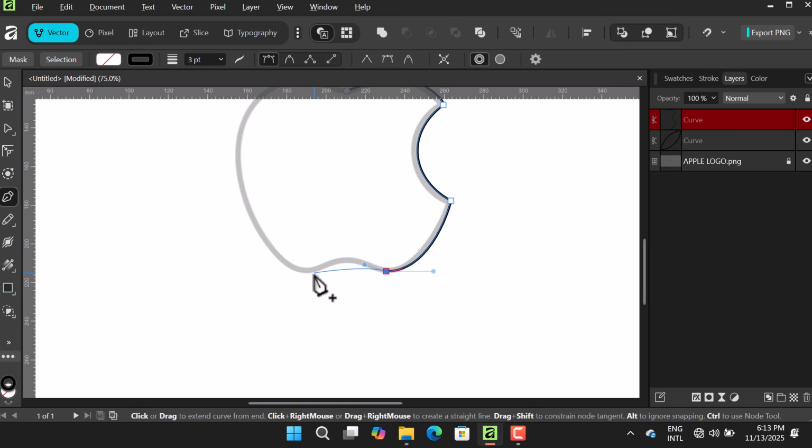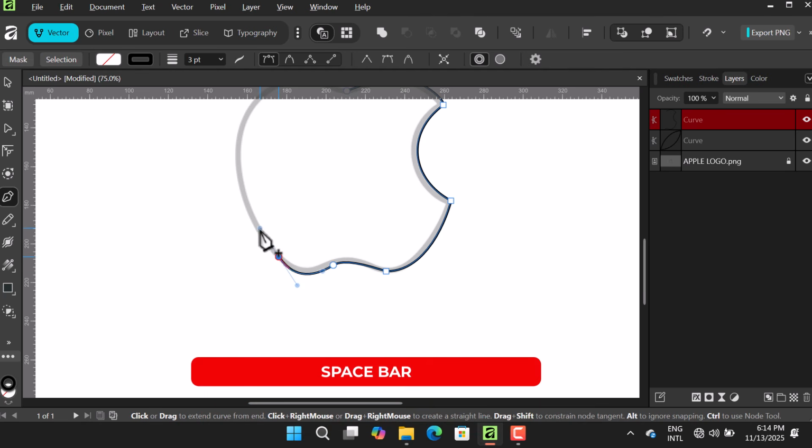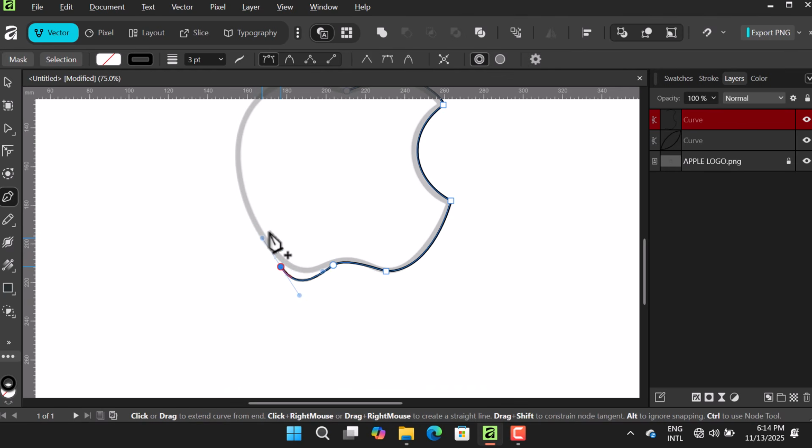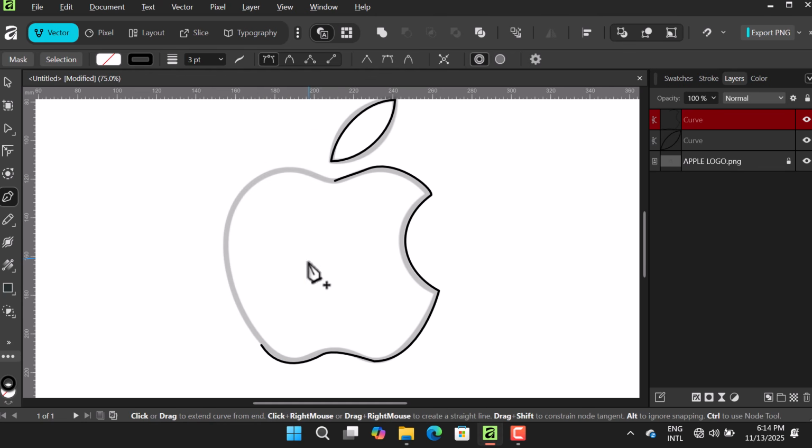Okay, so maybe I might do something like click and drag this, then click and drag this inside like that. So you can also hold the space bar to move the curve or the point around wherever you want it to be. Okay, so hold the space bar to move. Okay, that's what I'm doing. So I think here is okay. Yeah, now we can continue,